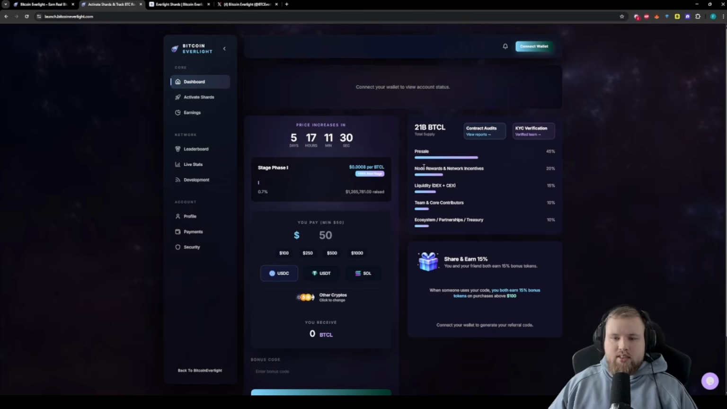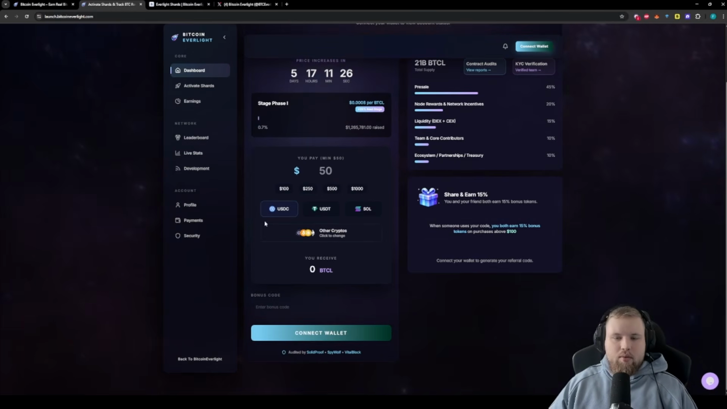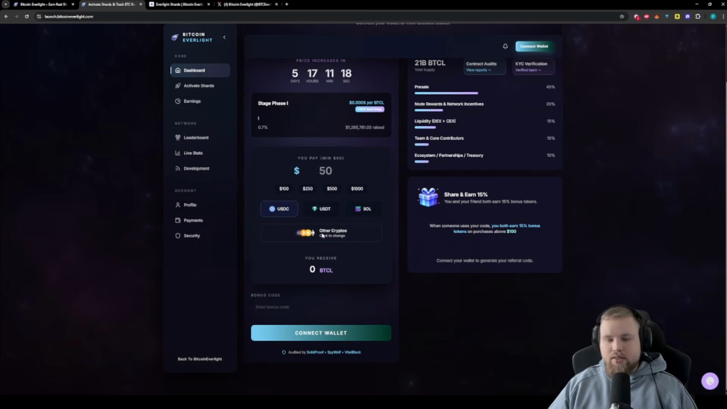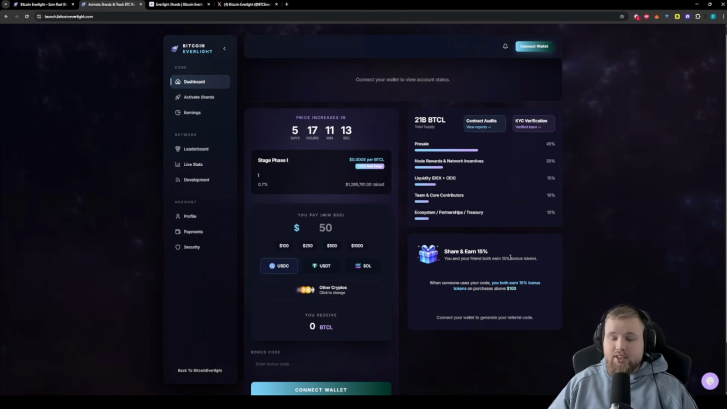Or pretty much once they raised the money per stage. You can buy into this very easily with all kinds of cryptocurrencies, USDC, USDT, and Sol, but other cryptos are also possible, like Bitcoin, BNB, Ethereum, Cardano, we can see, and many more. You can also share and earn 15%, you and your friend both earn 15% bonus tokens on a purchase above